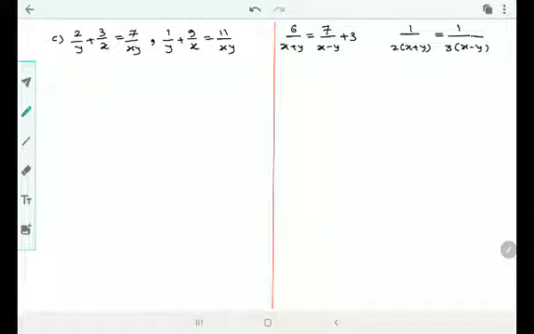Okay, in the next one, I'm actually going to work on the D question directly. We can come back to the C question later on. D is a similar type, so I can go for it. Okay, if I look at question number D, here the substitution is very clear. 1 upon x plus y is equal to a, and 1 upon x minus y is equal to b is my substitution. Correct? So what is equation 1 going to become?